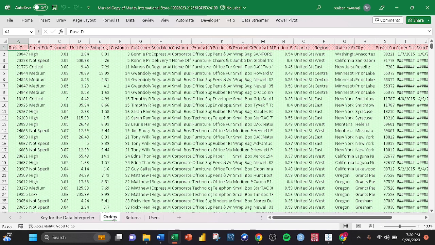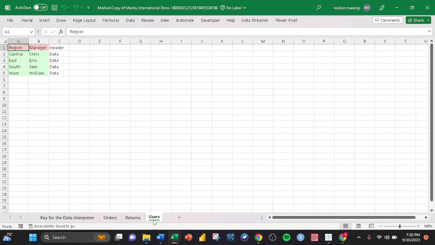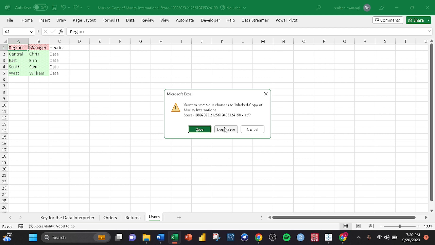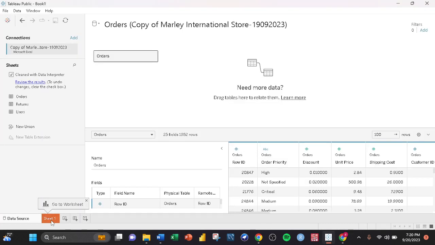And you can see the data now is interpreted. So this is now the interpreted data. Good. So I think that one was okay. It was just interpreting the data. I can just close it. Don't save. I don't need it. Then if that is done, I'll now go to sheet or to worksheet one, where I'll start doing the